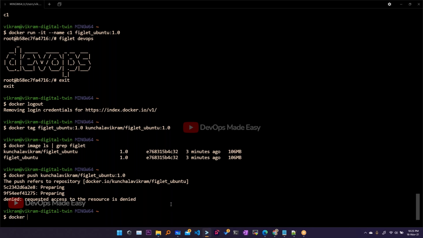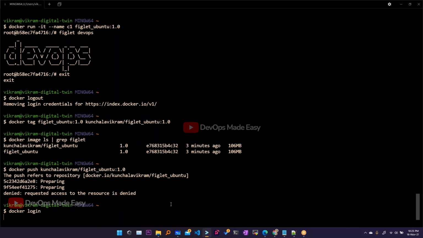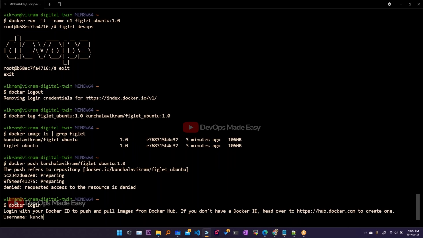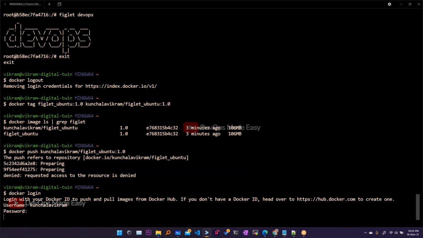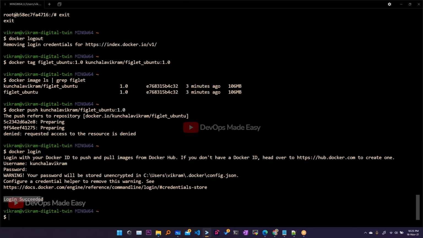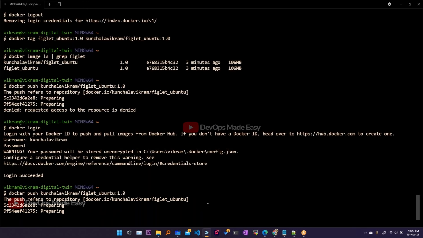If you do docker login and enter, it is going to ask for your username, and then the password to your Docker Hub account. If you enter both correctly, it will say login succeeded. Once you are logged in, you don't have to log in every time, because it is a one-time activity. Now if you do docker push and the name of your image, it will automatically push. Since this is a public repository, from your system, if you use docker pull and this image name, that will be pulled onto your machine.